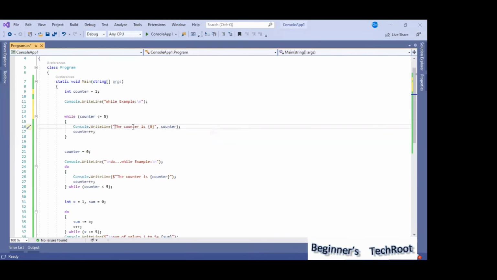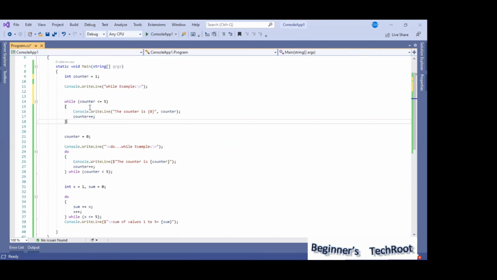This is the string, and here the placeholder is for the variable value to substitute. We have learned that in an earlier class. So in the same way I have written 0 and then the counter value. And then I am incrementing counter plus plus as I explained. If we don't increment this, then it will go into a continuous loop. So to avoid that, I am writing the statement counter plus plus to increment the value. So this is one example of the while loop we discussed.